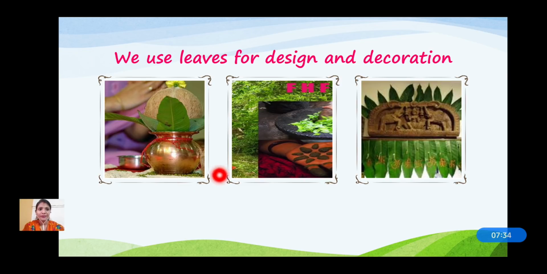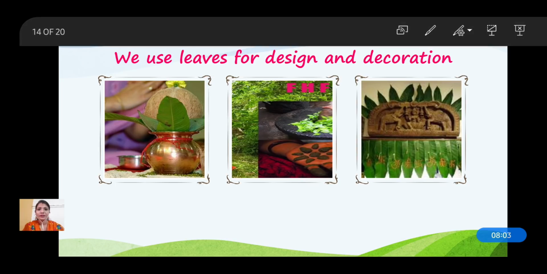Isn't it? Now the second one is mehendi. These are mehendi leaves. It is ground into a paste and then applied on hands, so it gives you a beautiful color on your hand, isn't it? And this toran, we use it in a festival like Holi. We put it on our door during Dussehra. Every festival, when we have something very special, we put a toran around our door. So leaves are useful for decorations.